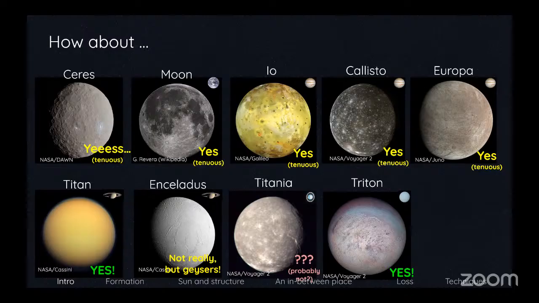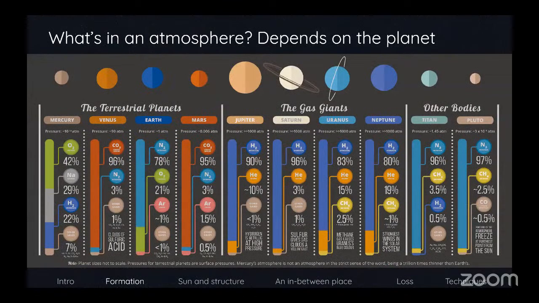So the takeaway here is just there's lots of atmospheres to study in the solar system, and we have lots of techniques to do it. This is just a nice graphic to have on hand for reference. I think it's a little bit much for a slide, but I wanted to post it just to reiterate what I've been saying.